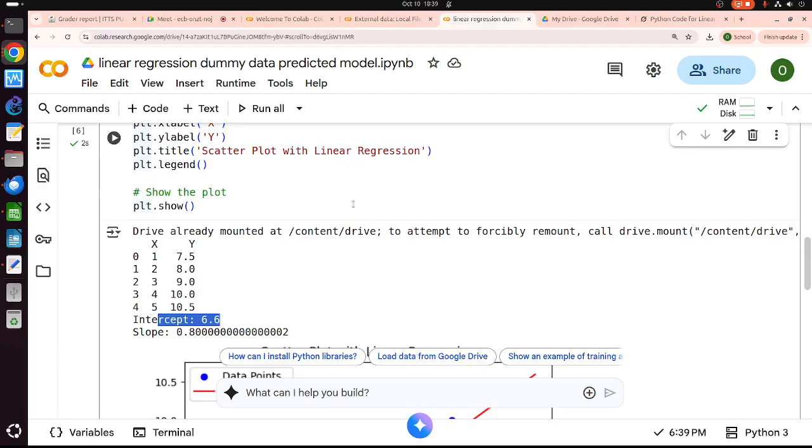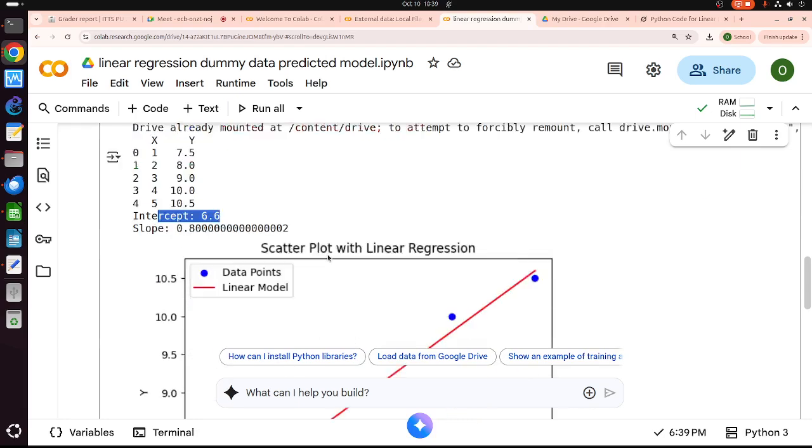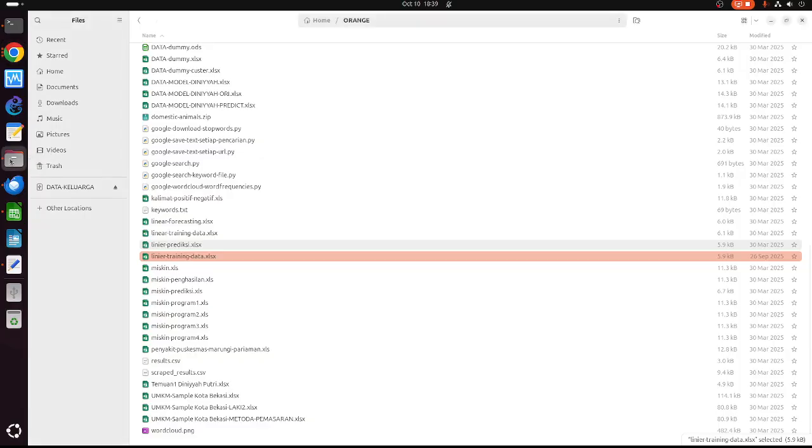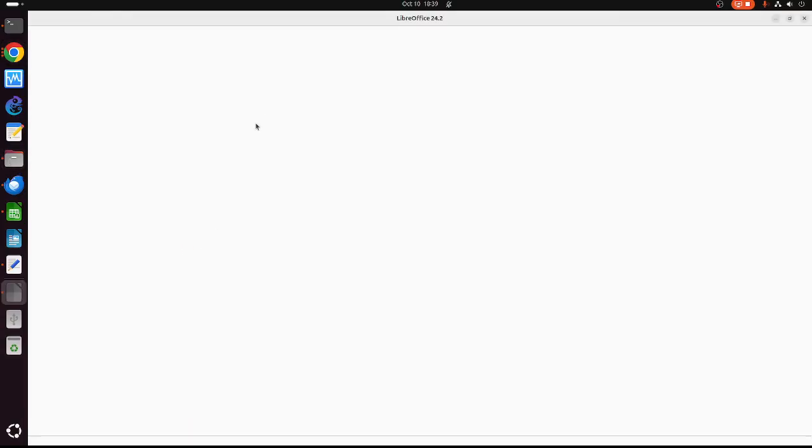Now, having this, our next task is to predict. This is more brutal. So this is our prediction data.